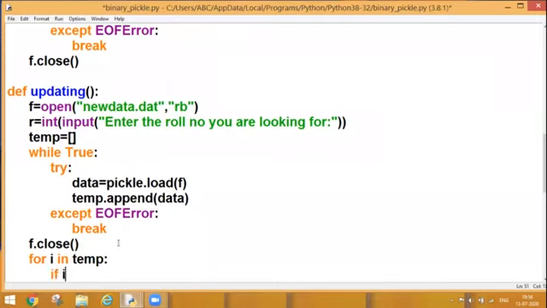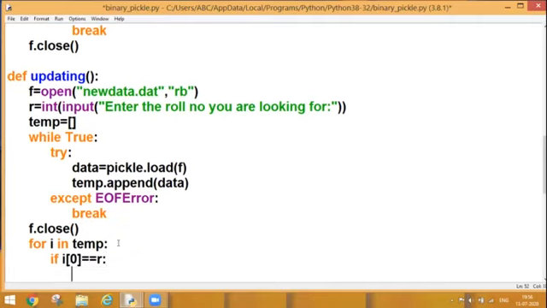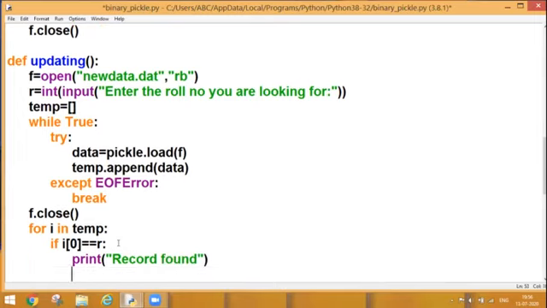And again the same procedure I am going to follow: if my 0th index is matching with r, that means the 0th index position is holding my roll number. So I'll be writing this comparison statement in this way: if i[0] == r. And if the record is found, then I'll be printing one statement, record found, so that I can get the clarity that the record is actually found.